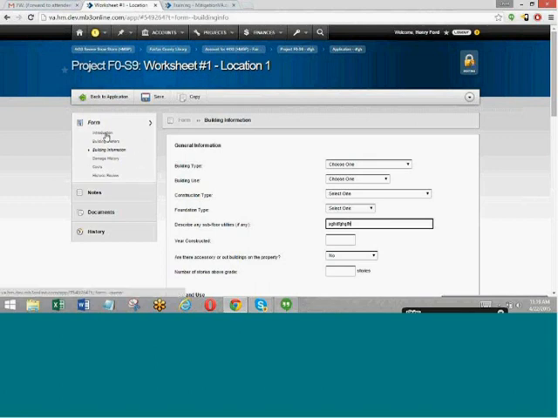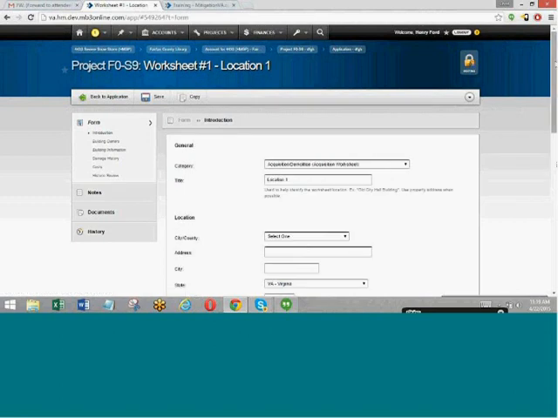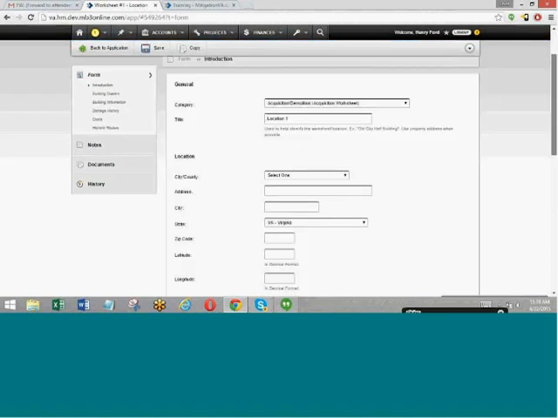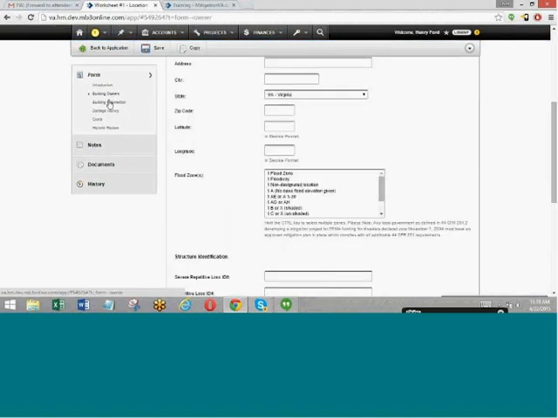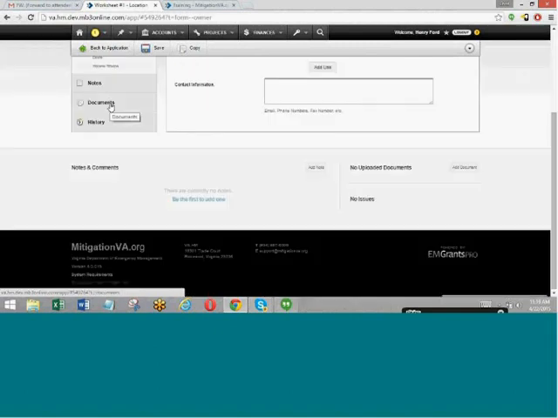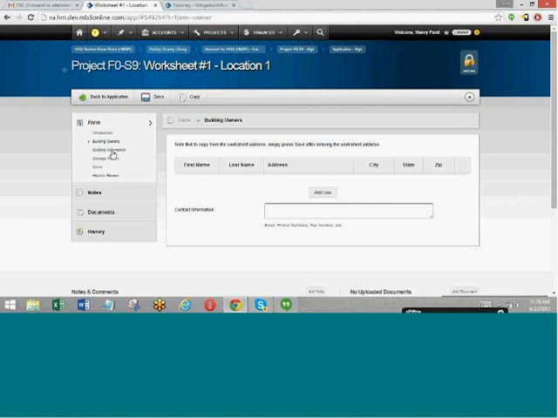Okay, so we're on a worksheet. You'll add some worksheet-specific information here: the location, the address, lat long information. You'll also go into the building owners and some building-specific information. Yeah, so this is an example of the character count.